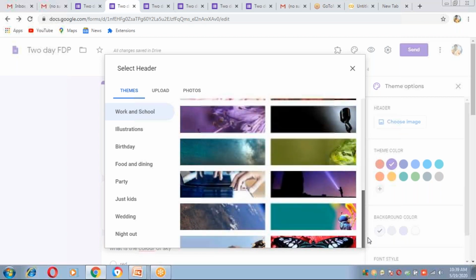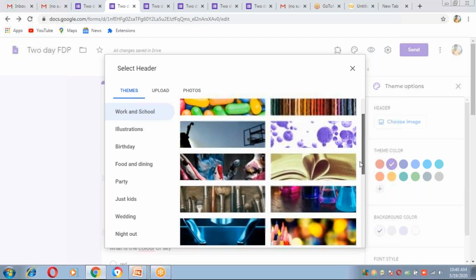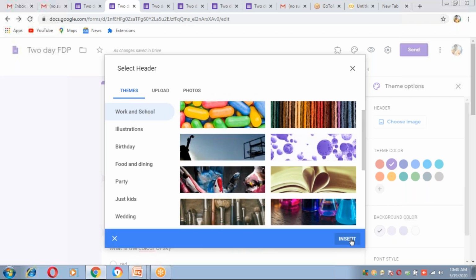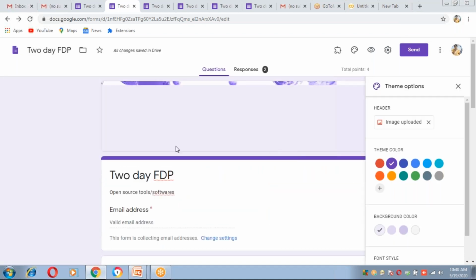Now I can decorate my Google form. For example, I am clicking on this. Press insert. It will be inserted.